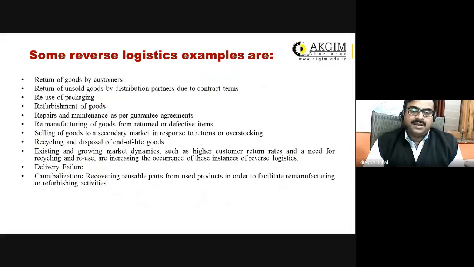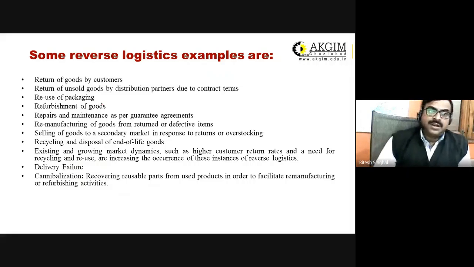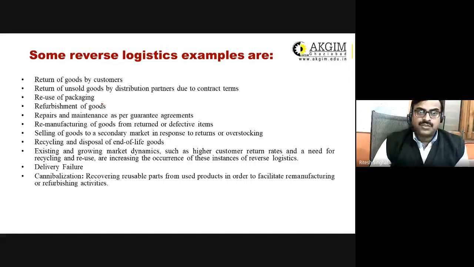As I need it today, but I don't need it tomorrow. So there is no question of return by the online retailers like Amazon. So return of unsold goods by distribution partners due to contract terms. Maybe it is there. Reuse of packaging,